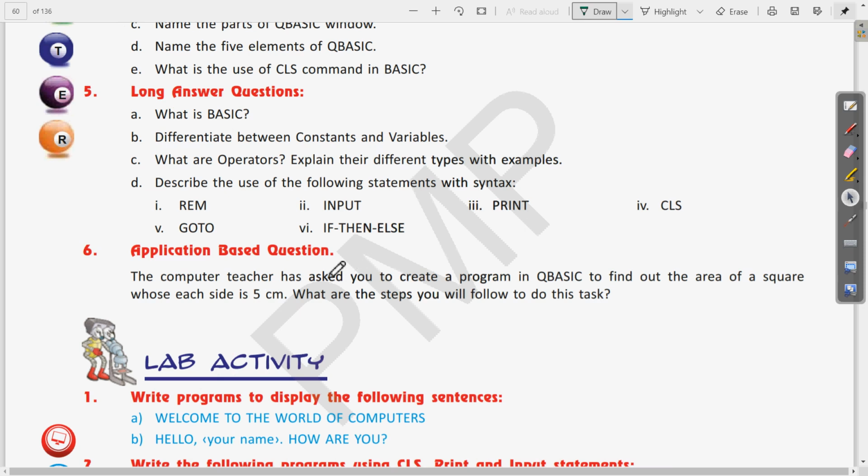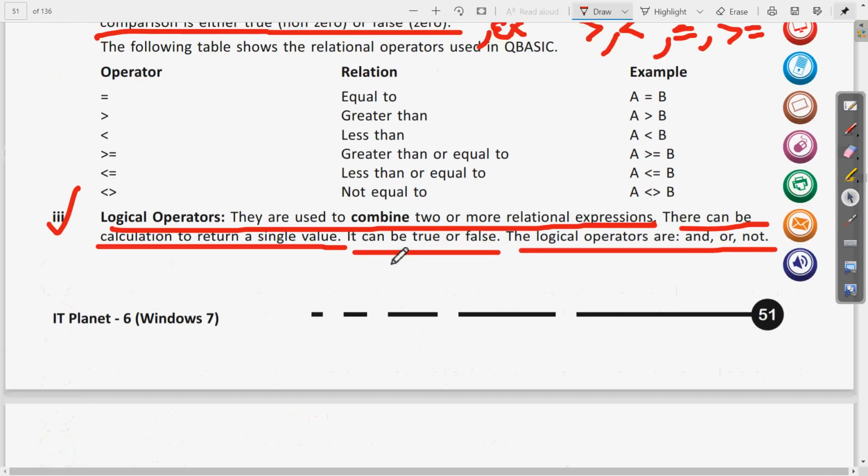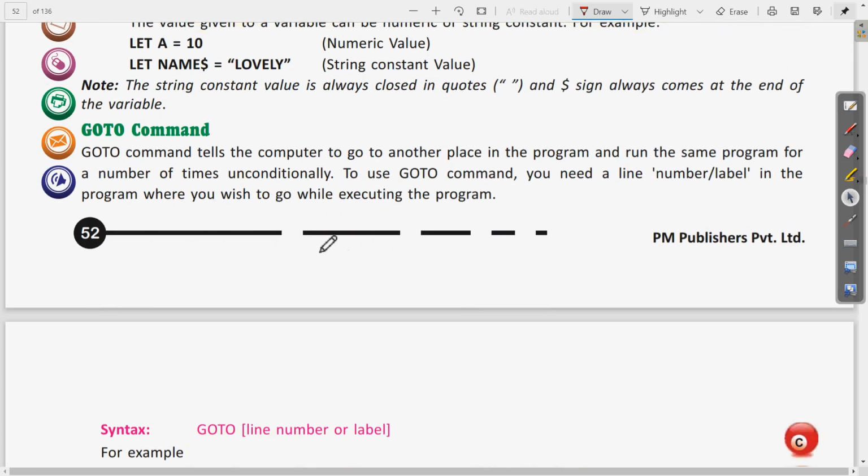What is GOTO statement? So you can see the answer of the GOTO statement just below this on page number 52. So GOTO command tells the computer to go to another place in the program and run the same program for a number of times unconditionally.